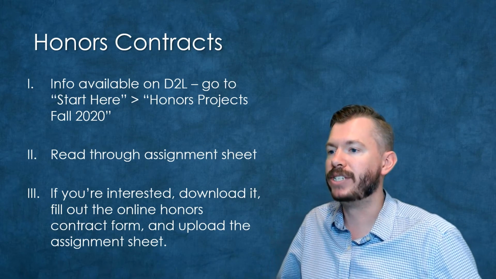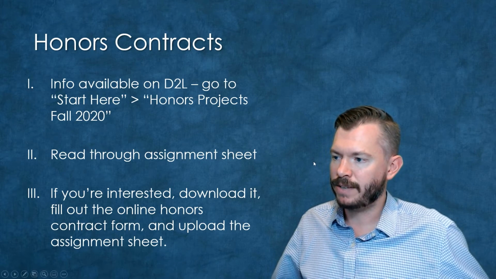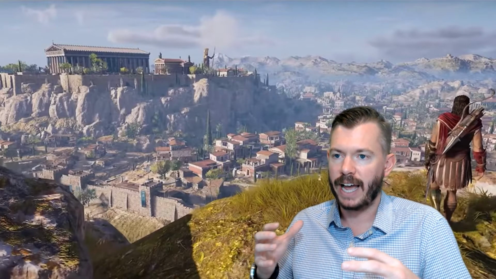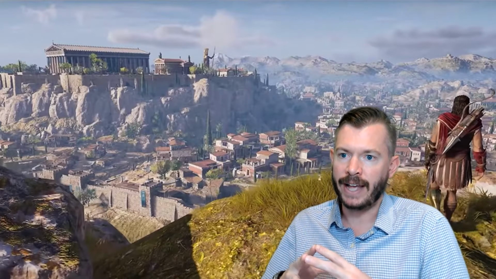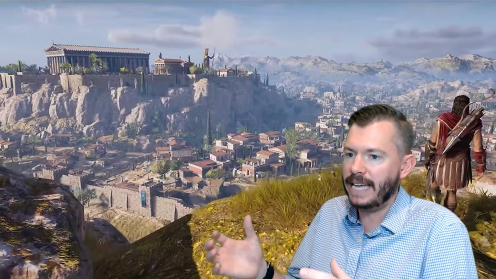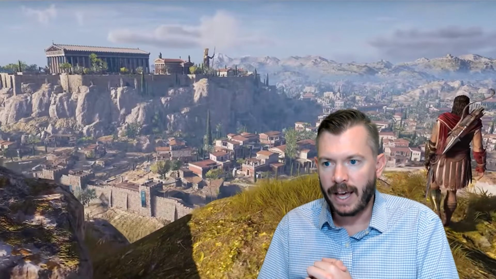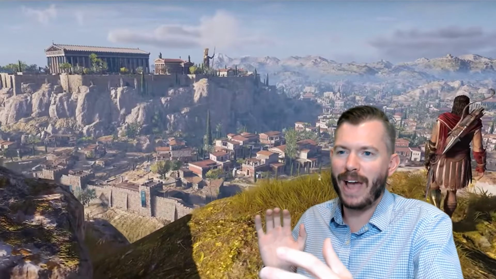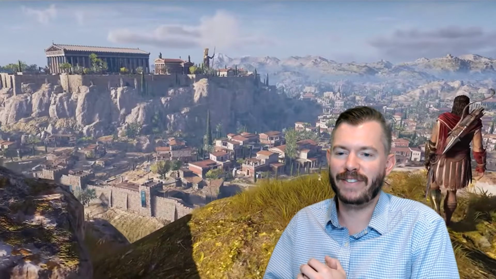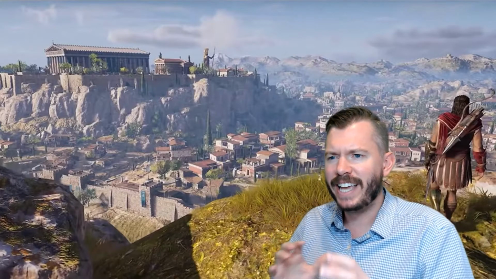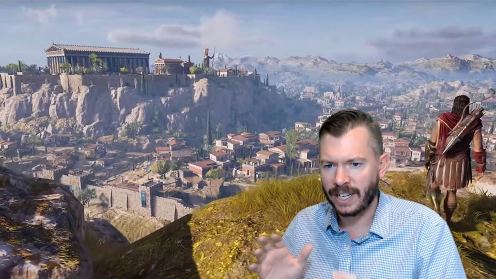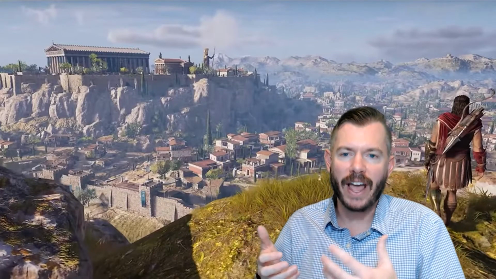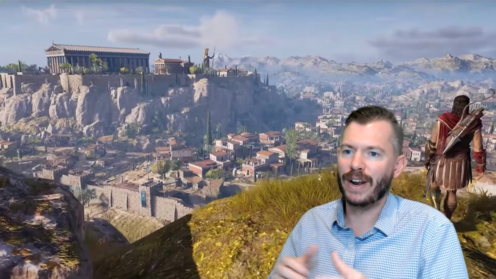What I'm having you do is basically use Assassin's Creed Odyssey to go through a couple of different activity progressions. The idea is that we are going to use the amazing landscape that's built in this game to investigate a few things, like the sacred way and the procession up to the Temple of Apollo at Delphi. We'll investigate Greek religious architecture on the Acropolis, what you see up there. We'll end up looking at daily life in ancient Greece, just wandering around Athens.